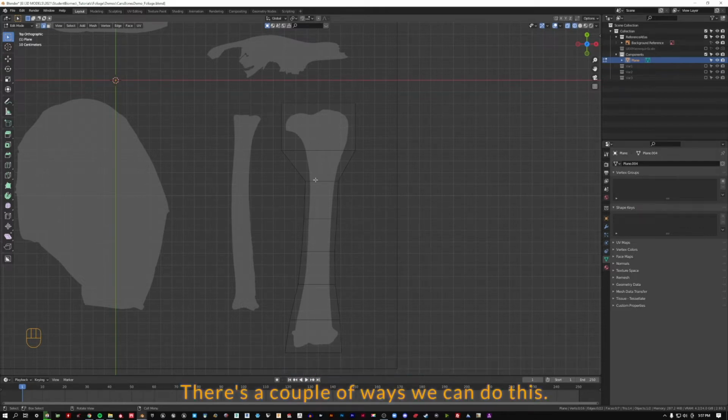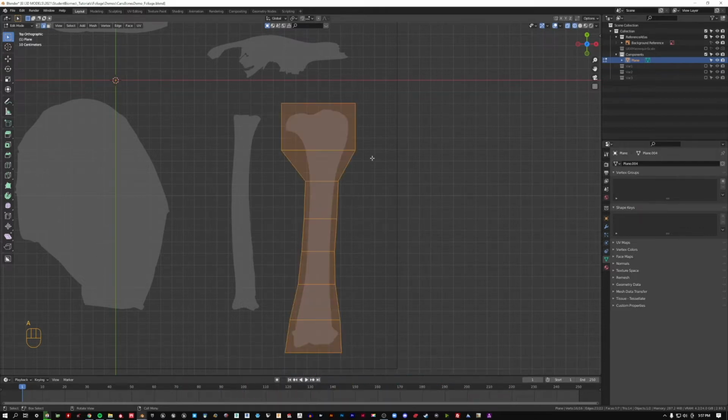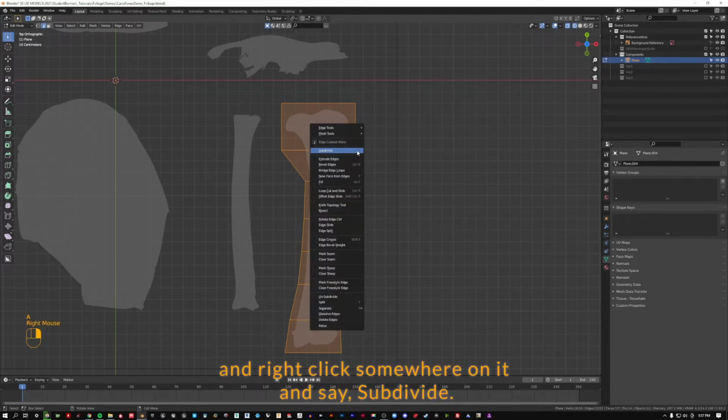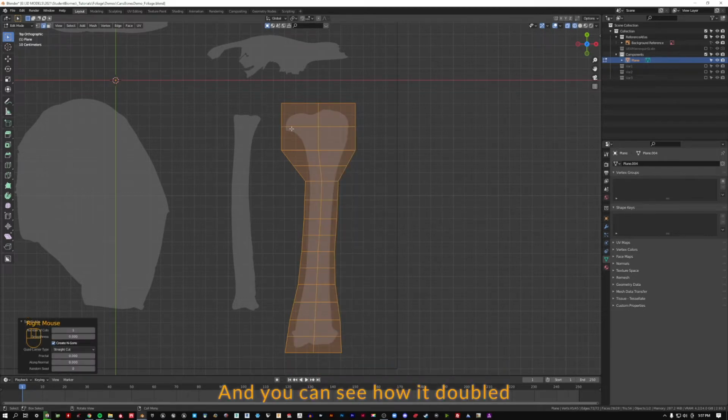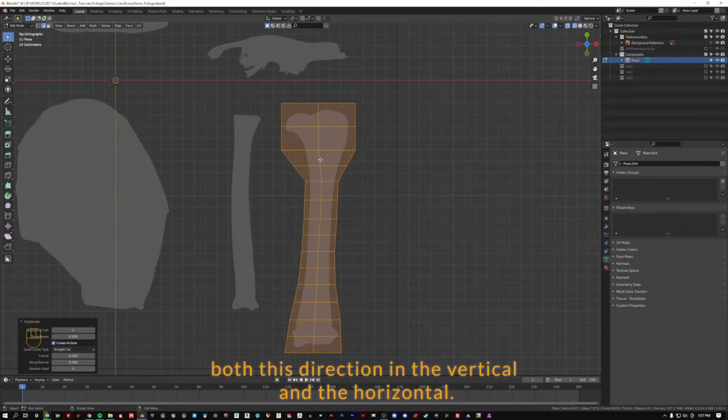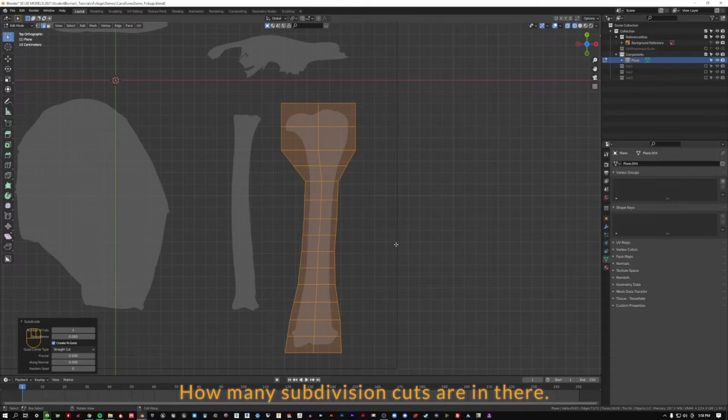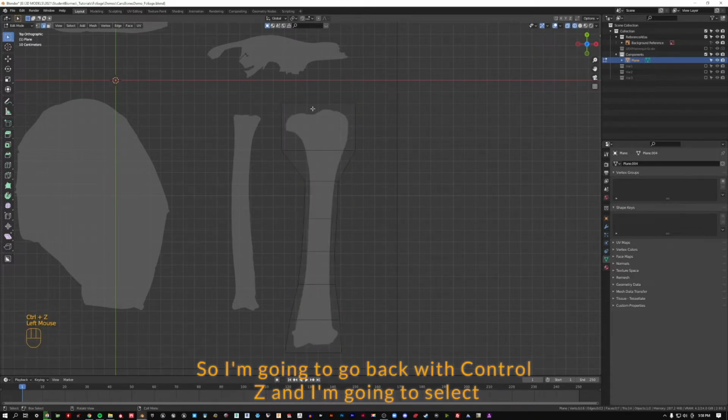There's a couple ways we can do this. I can select all of it and right click somewhere on it and say Subdivide, and you can see how it doubled both this direction in the vertical and the horizontal, how many subdivision cuts are in there. But that might be maybe more than we want, so I'm going to go back with Control Z,